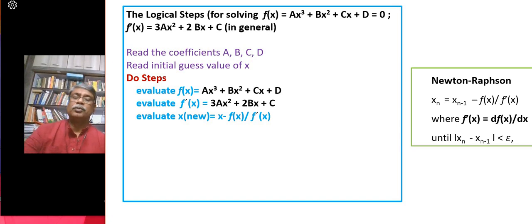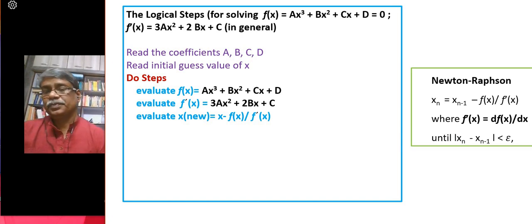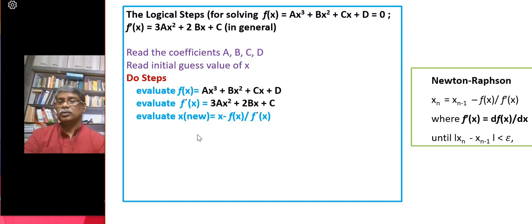Then you have to continue a few steps repeatedly. What are the repetition steps? You have to evaluate the cubic function, because a, b, c, d are all given here. You have read it, and x that you have started by initial guess, so the whole thing can be evaluated. And similarly, the f prime also can be evaluated. So you can calculate the x new starting from x that you have read as initial guess, that means x old. So x old minus the function by the derivative of the function would give you the x new. So these are the steps that we will go on doing repeatedly